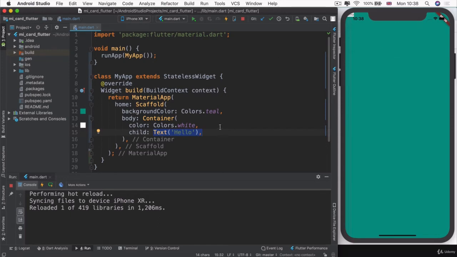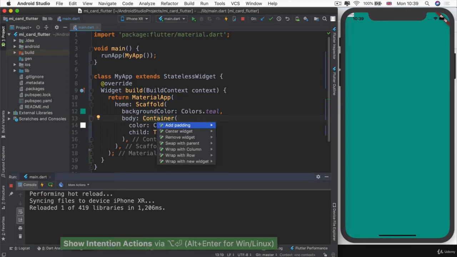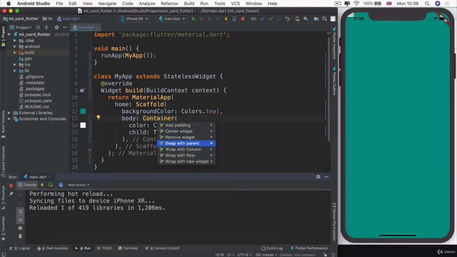Well, Flutter actually comes with a really simple widget that does exactly this. It's called a safe area, and anything that you put inside the safe area will be inside the parts which don't have a notch or an interactive area like this part on the iPhone here. In order to embed our container inside a safe area, we can hold down Option or Alt and hit Enter to pull up our intention actions, our little menu. And I'm going to wrap our container,